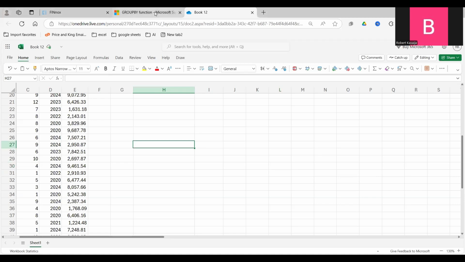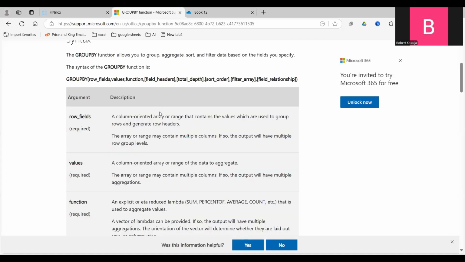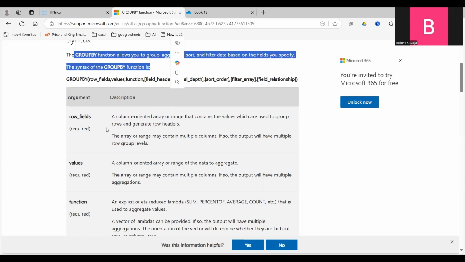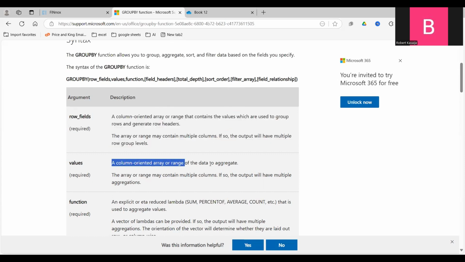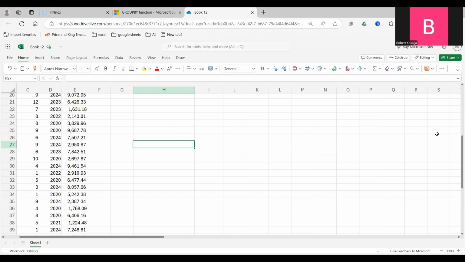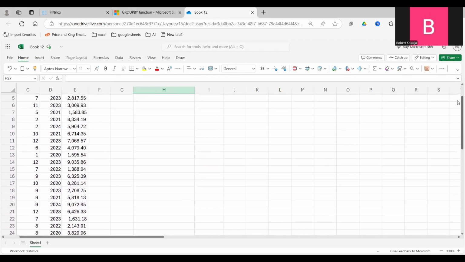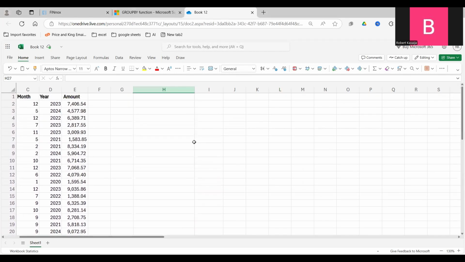Today we are going to look at a function called GROUPBY in Excel. The GROUPBY function is a function in Excel that groups a set of data based on a given computation. Here in the Microsoft Docs, it talks about the GROUPBY function and the different arguments that are required for you to perform the grouping. So to demonstrate this, I'm going to go to a data set here in my Excel,